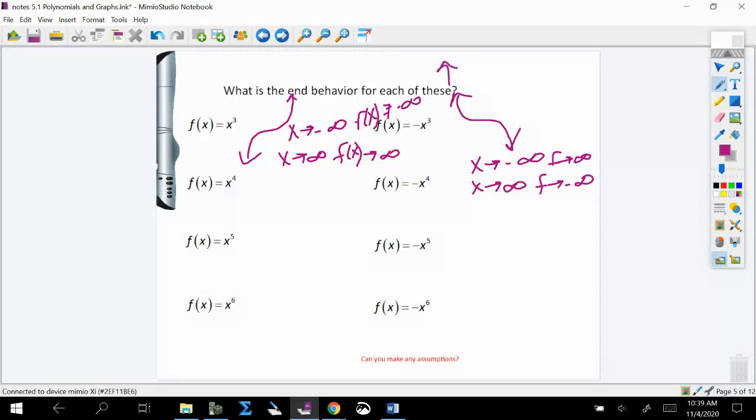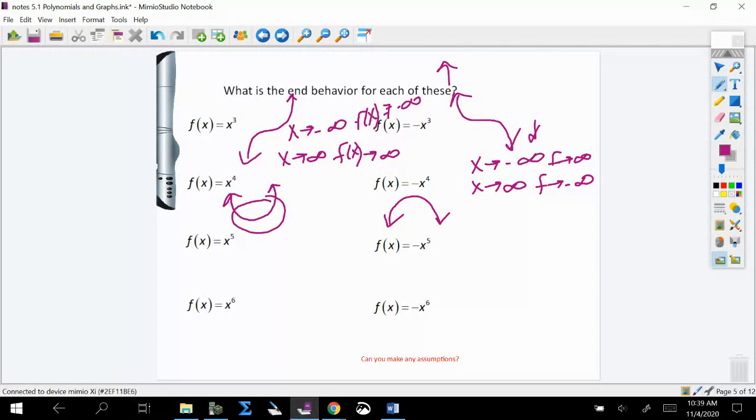So again, upwards like this, downwards like this. X to the fourth is going to look just like your parabolas. If it's positive on the ends, it's going to go like this. Negative, it's going to go like this. The only thing that will be different is the stuff in the middle. If something is a fourth degree, it could have more turning points. It could have more kind of mess in the middle, but your end behavior is going to be just like